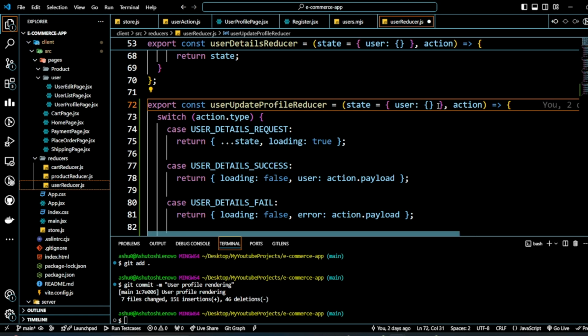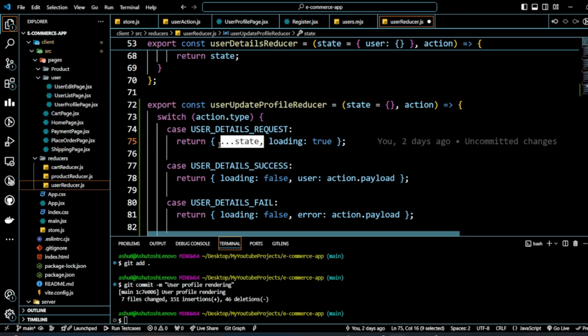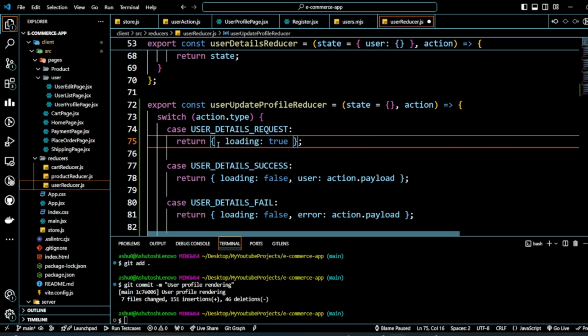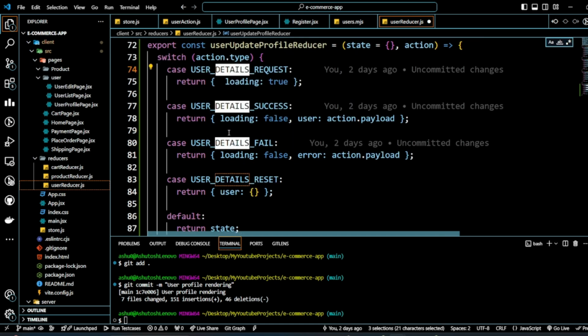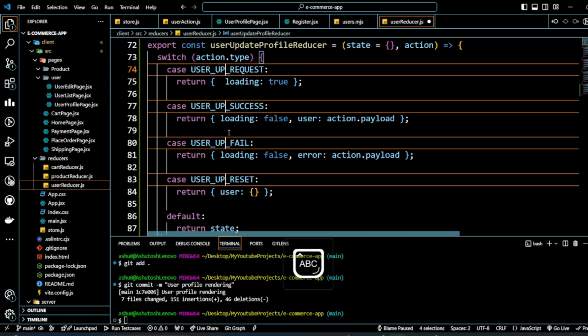Okay, so initially we will take an empty state. There will be no user because we are updating the user. It's kind of like we are fetching the data, but the initial data will be empty, so there will be no user data on the state. Fine, initially. And we don't need to destructure the state because we are not using the existing state on update profile. We are creating a new state to update it, and we need to change this constant, I guess, detail to update profile,